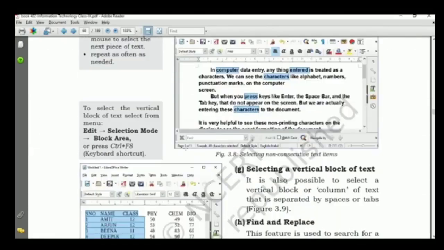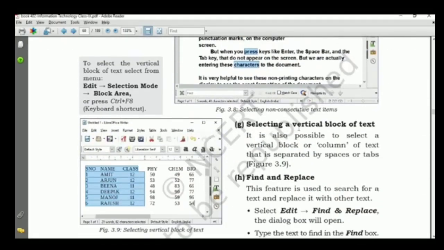Next topic is selecting a vertical block of text. It is also possible to select a vertical block, means in a column manner of text that is separated by space or tab. How can we select it?